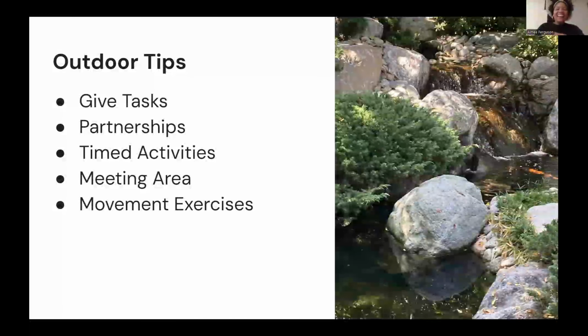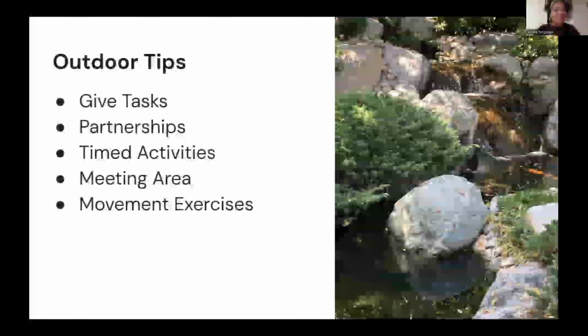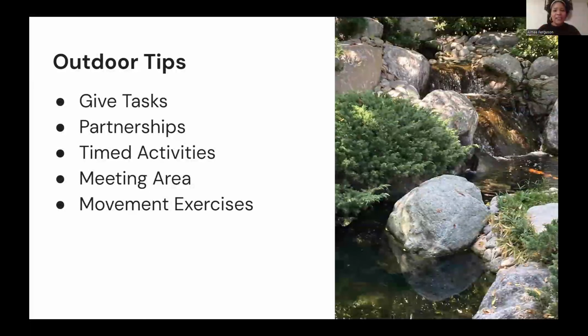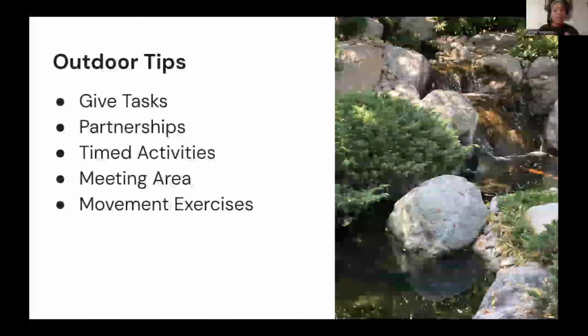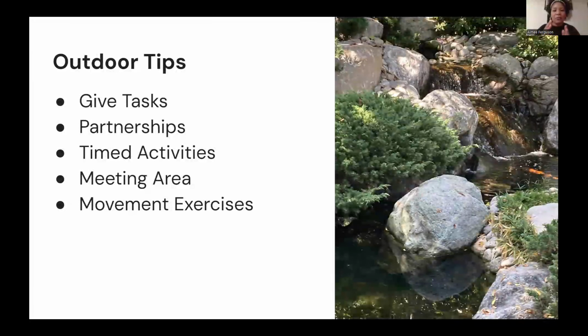But one thing I've noticed is giving multiple tasks. So we go outside. If I say we're going to do a rock collection, after every 5 minutes, I'll have a meeting spot. "Okay, when you hear me clap 3 times, come back to the swings or come back to the bench." That really helps them. And it also helps me break apart the different assignments so I know where everyone is at, where we could have a conversation. And then based on what we did before, we could use that information for the next task.